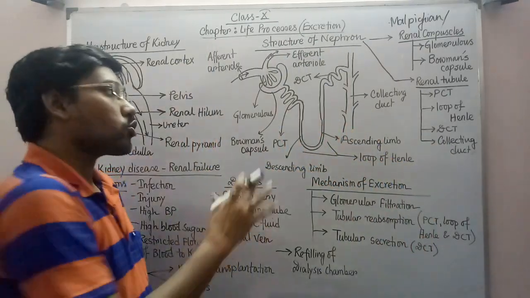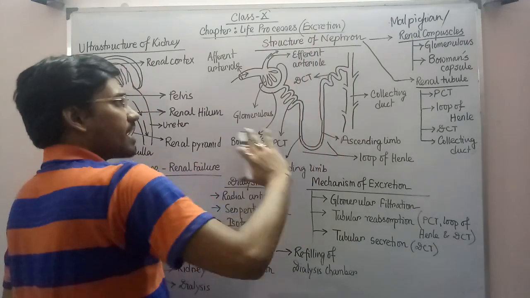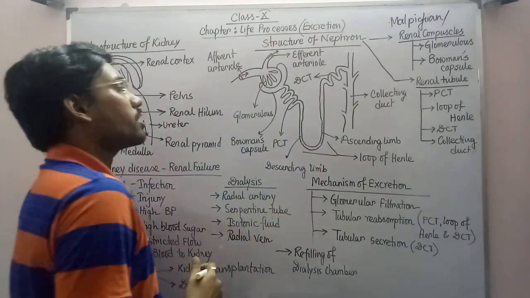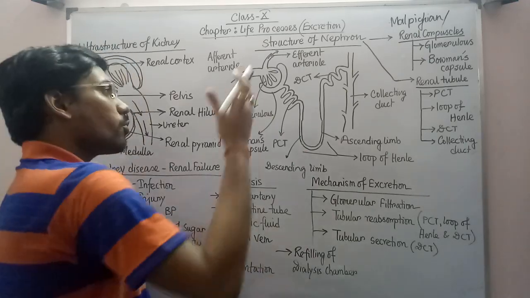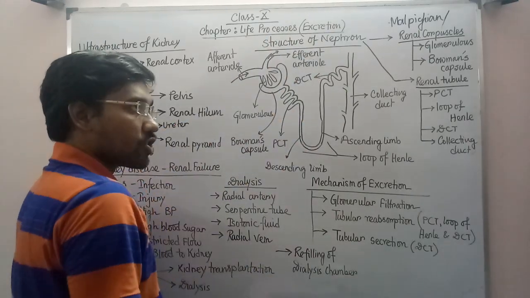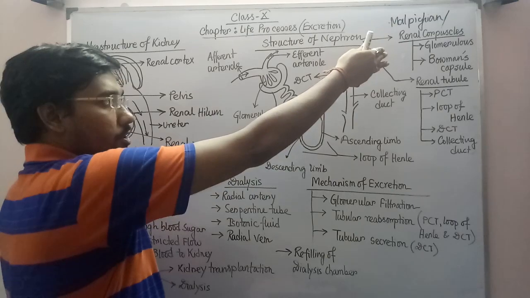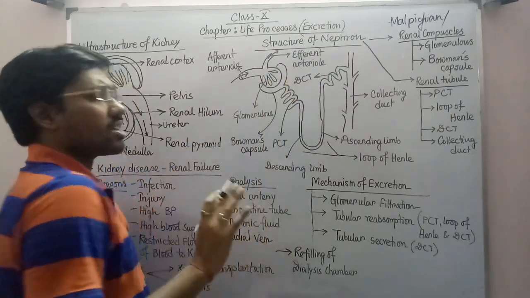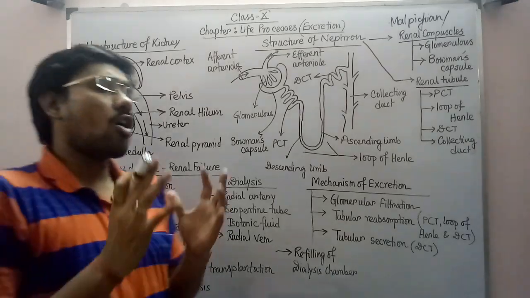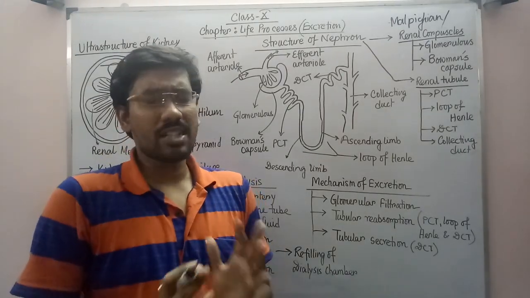So let's see these specific portions in the nephron structure. This is the ideal nephron structure, the structural unit and functional unit of the excretory system, or rather the kidney. First we have talked about the renal corpuscle, or Malpighian corpuscle, whose parts are the glomerulus and Bowman's capsule. This is the glomerulus portion, which is none other than a network or mass of blood vessels. It is not anything else.